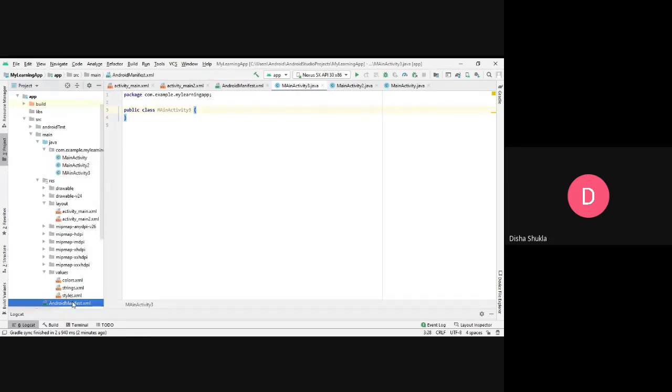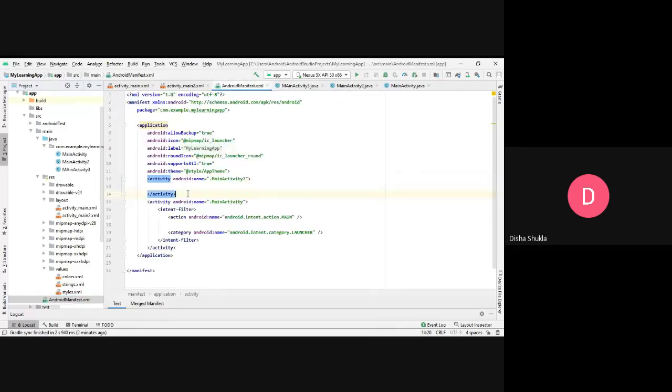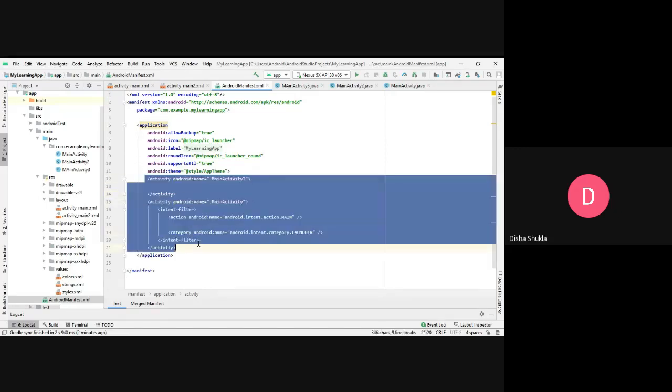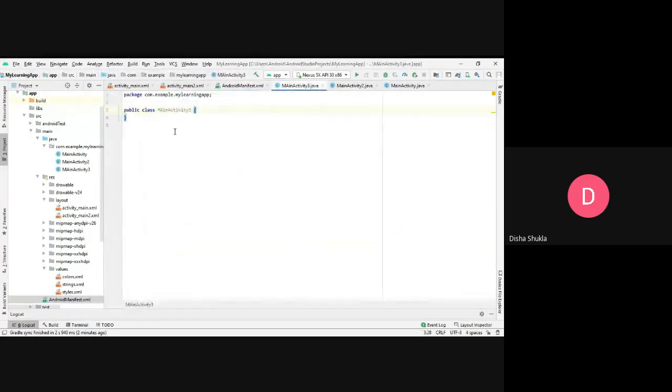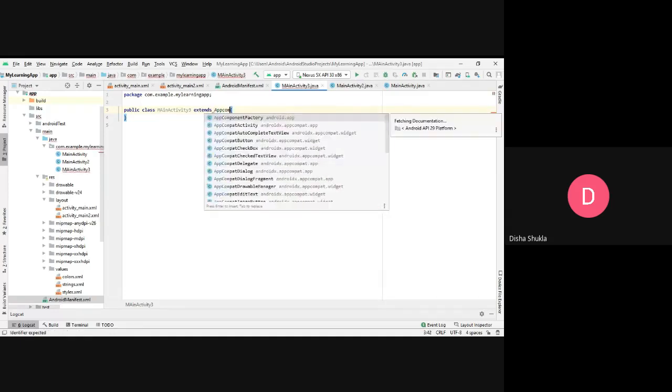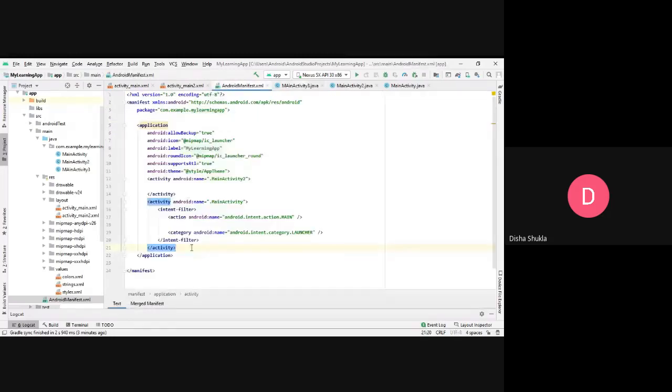Now, lots of students make this kind of mistake, so I am showing it here. Your main activity 3 is not registered over here in this manifest file, as you can see, because I have created that as a class and not as an activity. So for using that, what I have to do is I have to use extends AppCompatActivity. So now it is extending the AppCompatActivity, and now going to the manifest file, I have to register that activity. Then only I can use it.